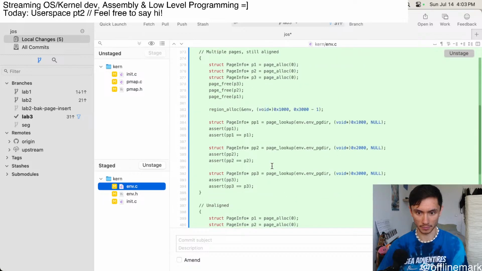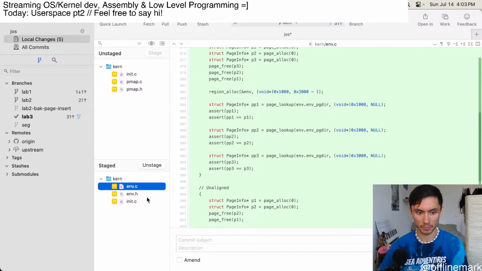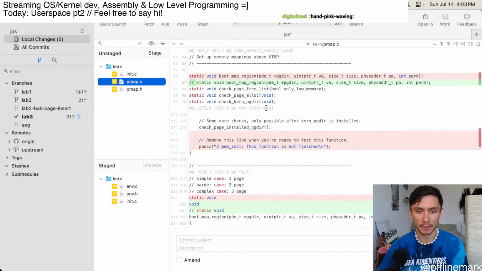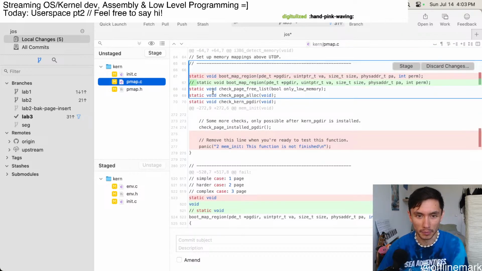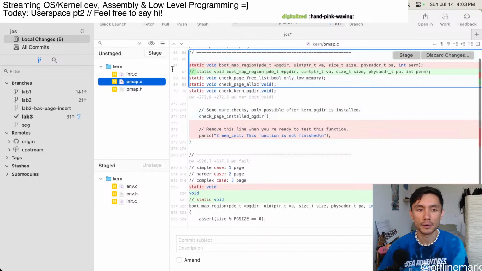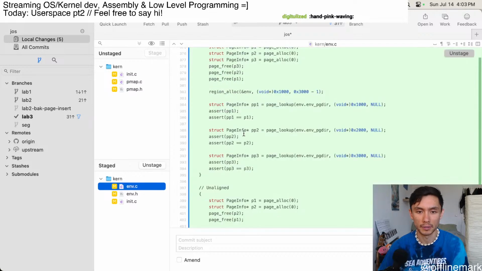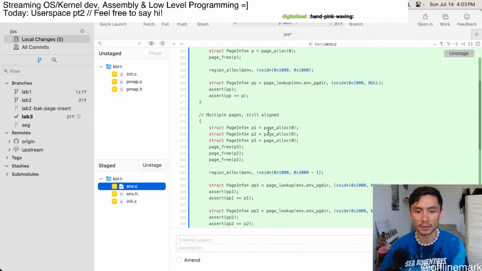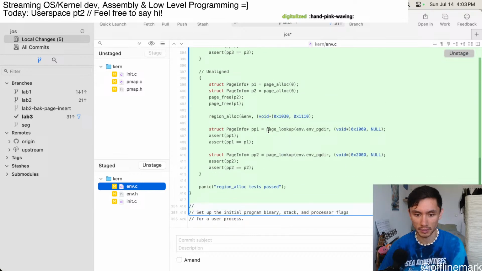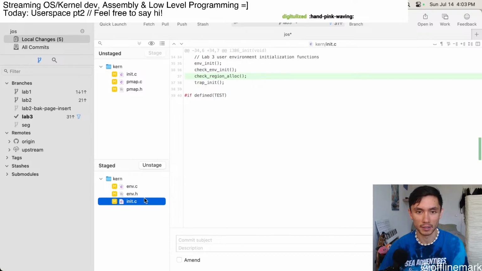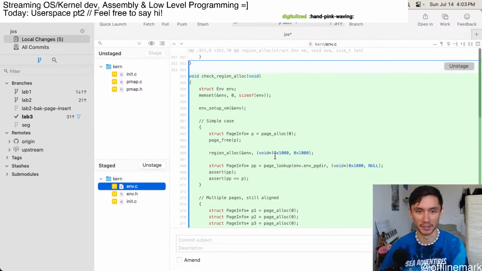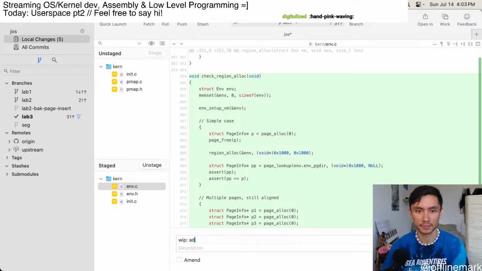Why would we want to do that? I don't immediately remember why we were doing that. We were exposing bootmap region for some reason. Was it because we were planning to use it for the tests maybe, or I don't totally know. I'm just gonna ignore that. Okay. Check region alloc,